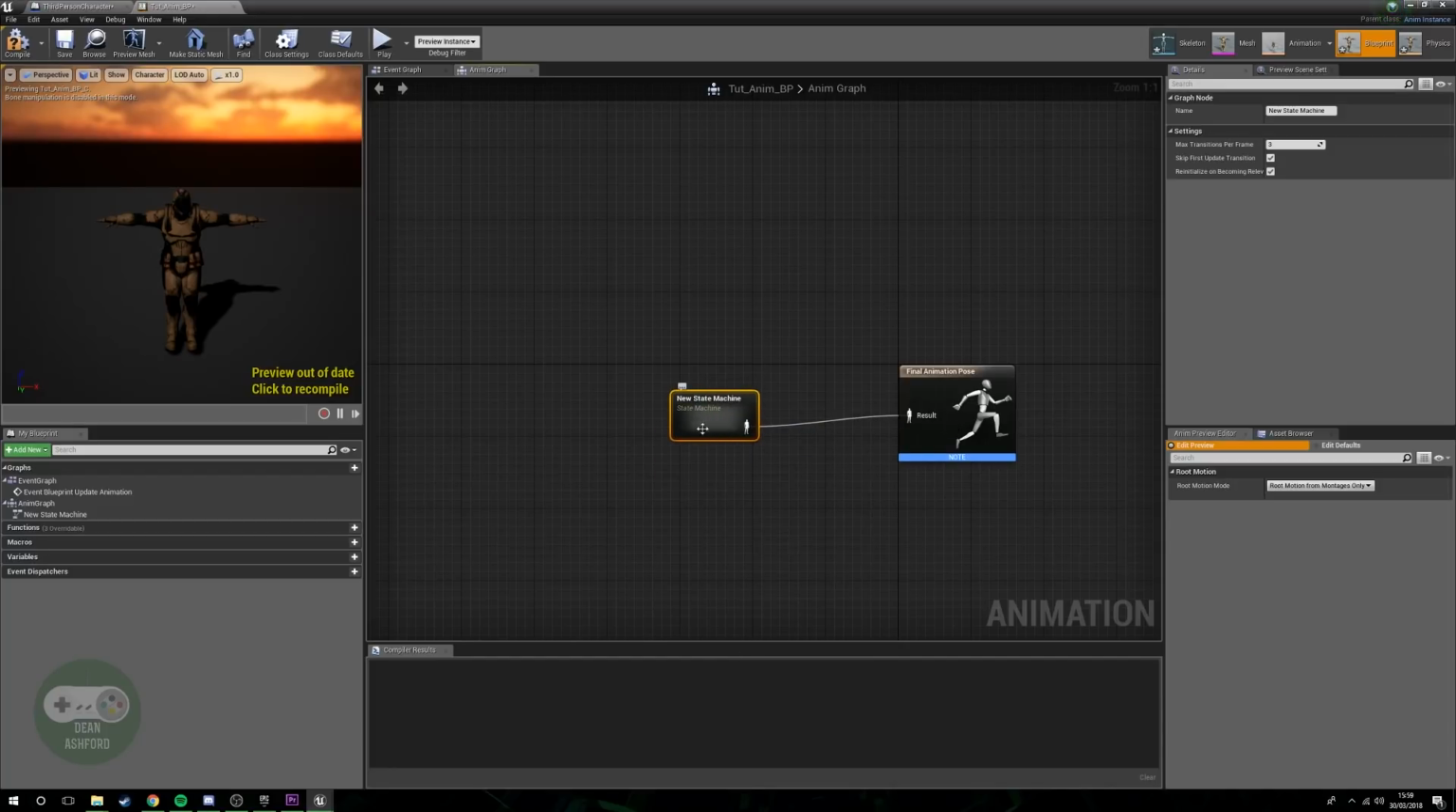Now, a state machine is basically what it says. It's kind of like a little factory that's going to check what kind of state the character's currently in, and based on the state that the character's in, it's going to play a different animation for us. Before we can do that, however, we need to know how the animation blueprint is going to get details on the character itself. So we're going to go into the event graph here,